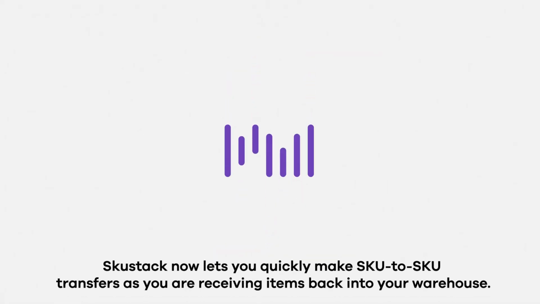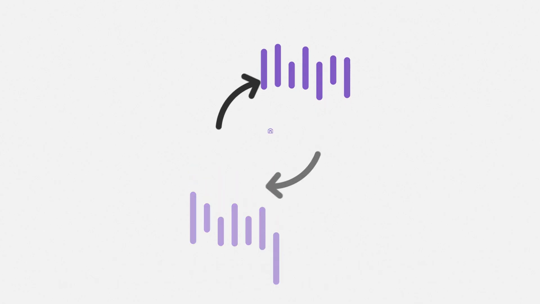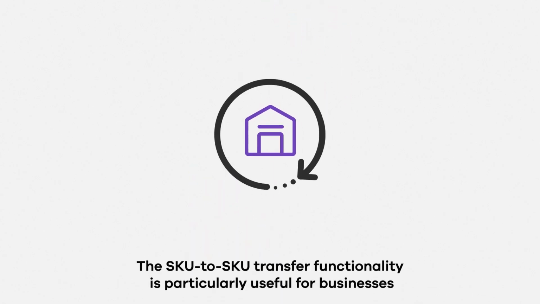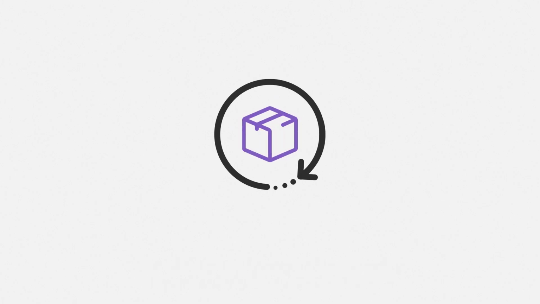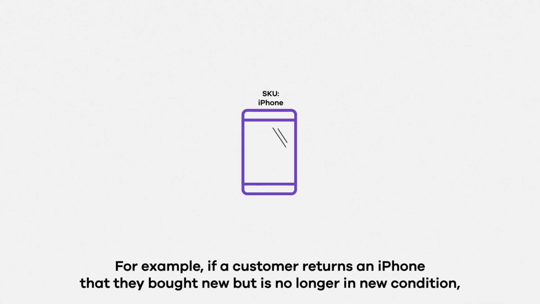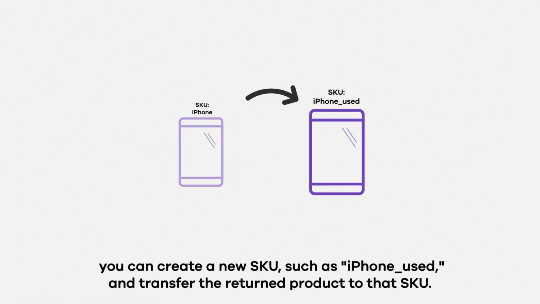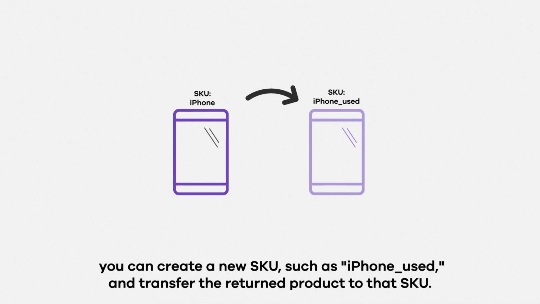Skustack now lets you quickly make SKU-to-SKU transfers as you are receiving items back into your warehouse. The SKU-to-SKU transfer functionality is particularly useful for businesses that accept returns and deal with products that are no longer in their original condition. For example, if a customer returns an iPhone that they bought new but is no longer in new condition, you can create a new SKU, such as iPhone used, and transfer the returned product to that